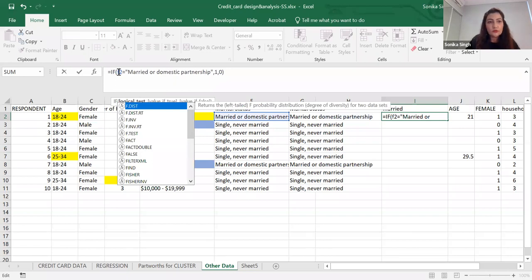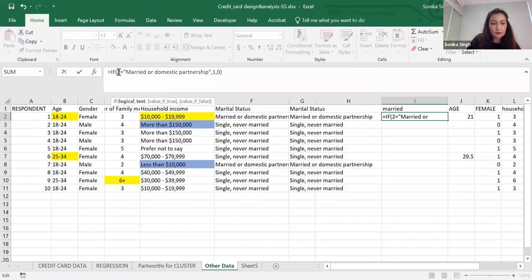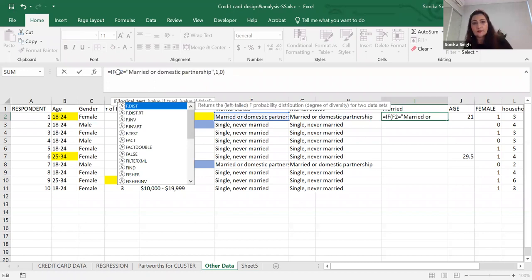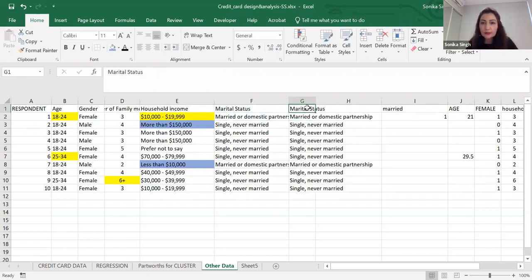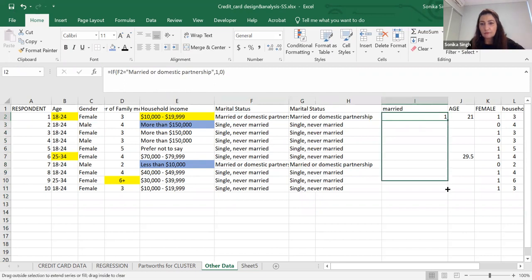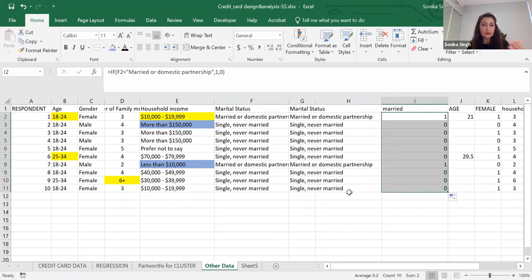F2. So these are the challenges that you come across when you're working with data. So now it's worked. Because these 2 cells were combined together, they were merged to create this variable, it was not taking the formula. So what I did was I created an empty column and pasted these values over there. So now it is going to work. For me, it's a very simple categorization of married or not married, and I've created a